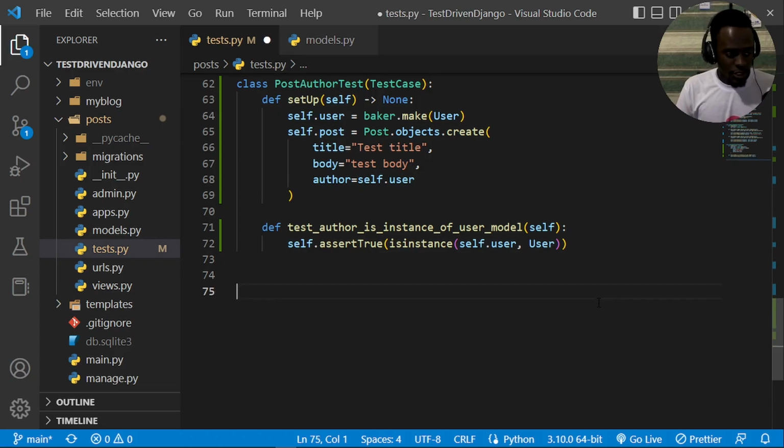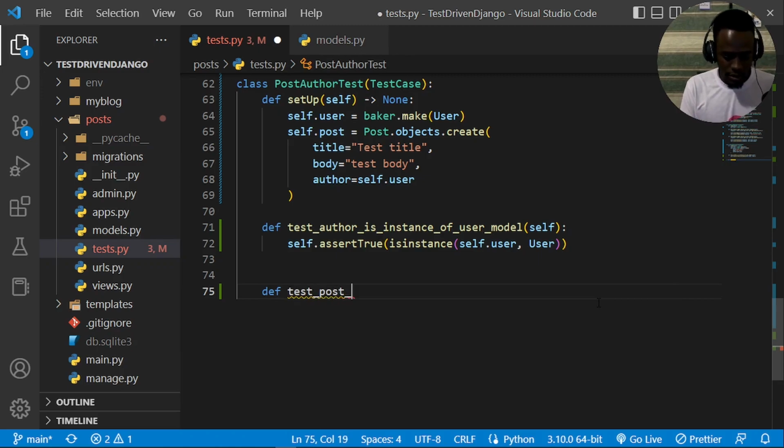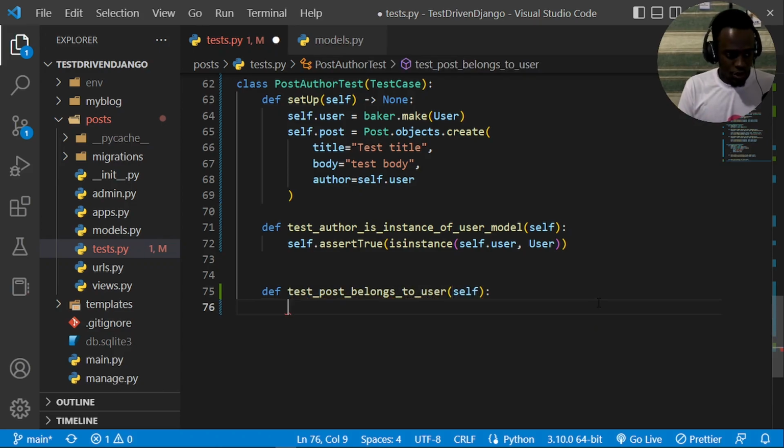So to do that, I'll say def test_post_belongs_to_user. We're just basically testing the relationship,